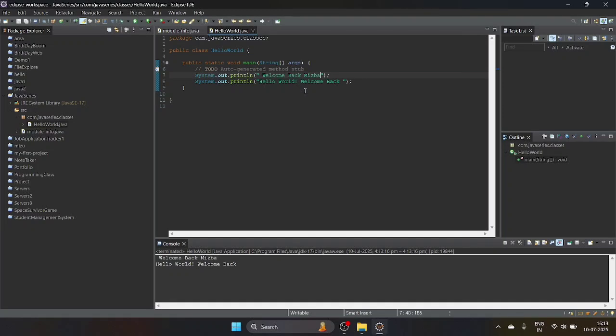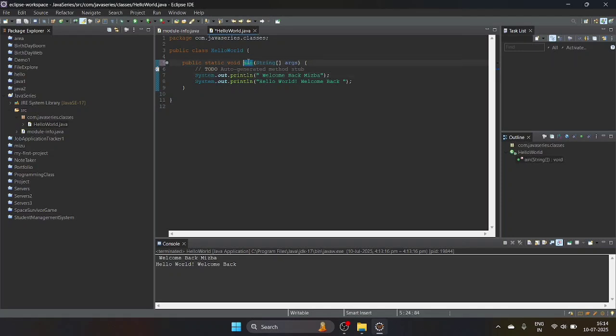A common mistake beginners make is missing the semicolon or using the wrong case. Java is case sensitive, so you should be careful about cases. Like here I wrote main, right?